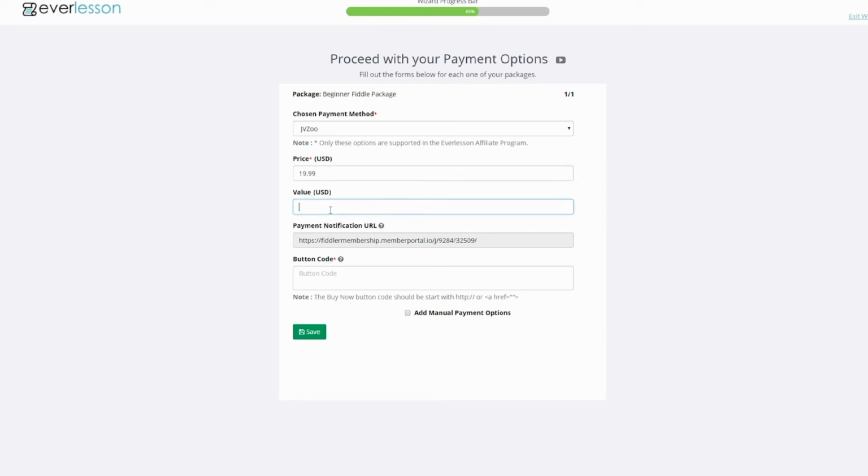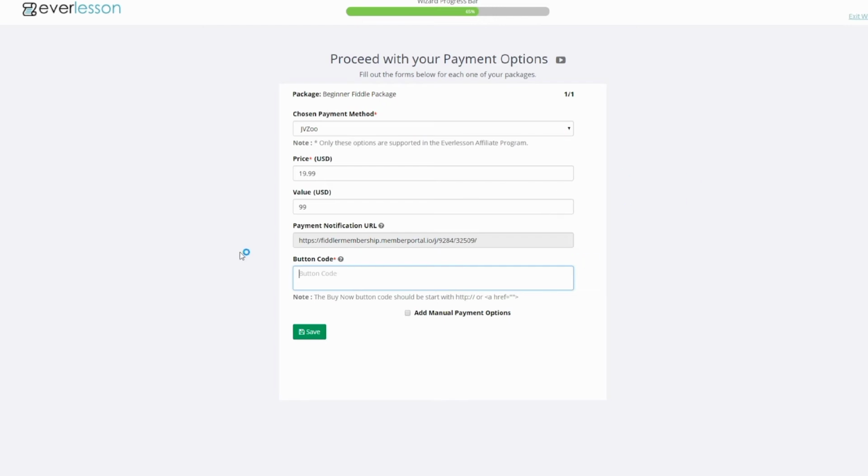And you might have to toy around with that and try a few different prices and split test and stuff. But for our purposes, let's go ahead and say we think this is worth $99 per membership. And the button code here, you'd get that from JVZoo, okay? And if you use the PayPal mode, then you'd have something else to stick in here. And like I said, they've got a tutorial on how to set up your payment